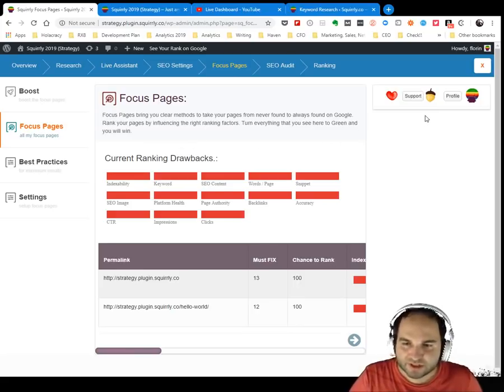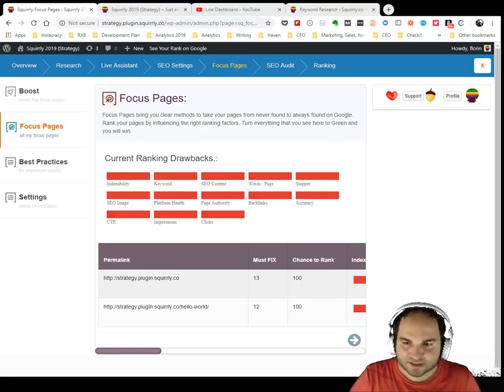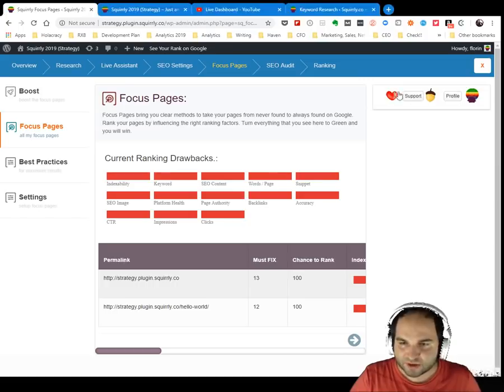Now, the structure is pretty simple. You're going to have tasks in the right area here as well, under the support buttons and the profile. So in this part, you'll also have initial tasks, default tasks. Then you have current ranking drawbacks. So you see that for this website,